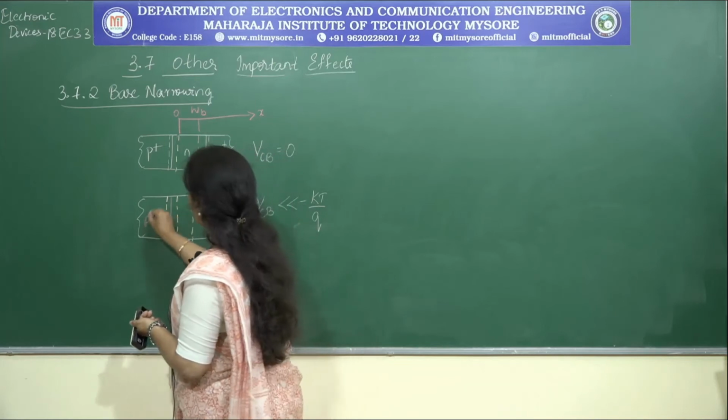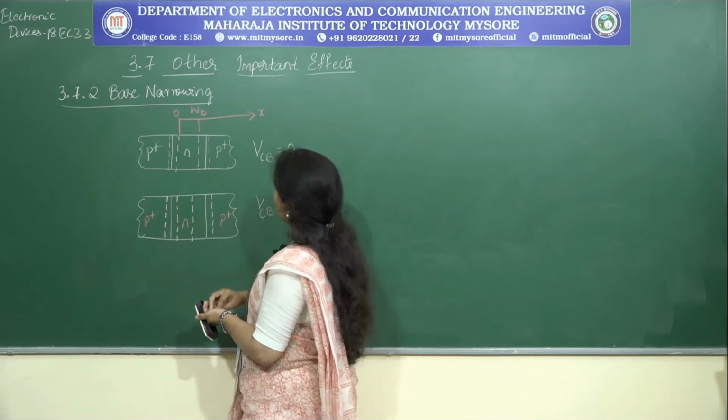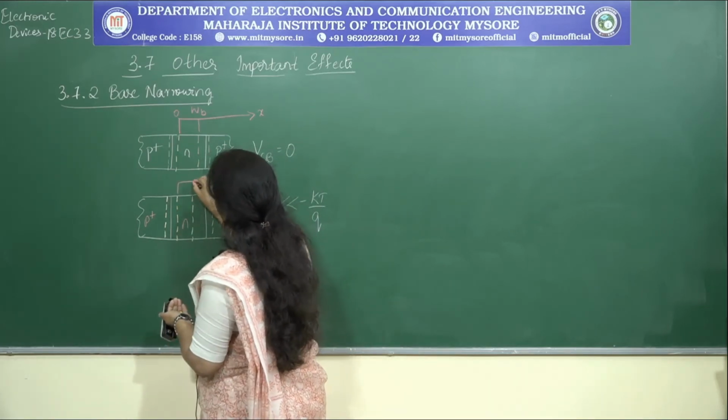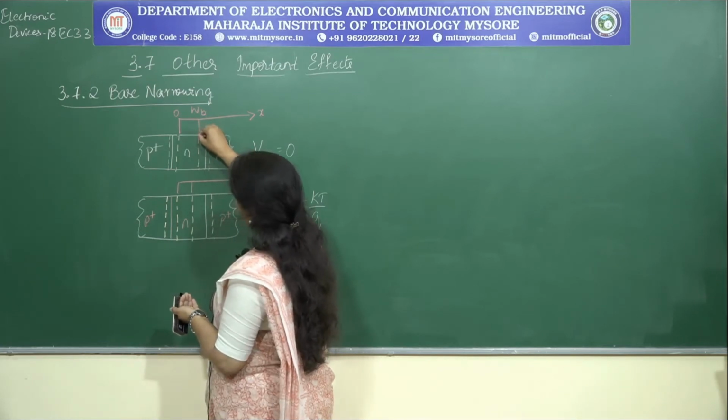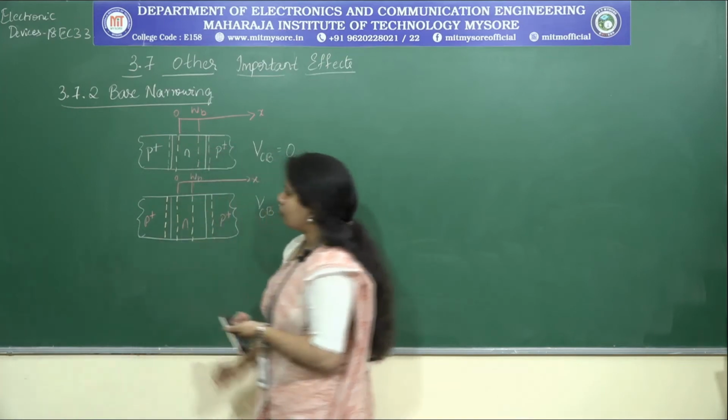Now what are these regions? P plus, N and P plus. Now what happens to the effective base width? Now tell me, the same axis. Now here the base width was right here, but now it is reduced, and that reduction is what I am